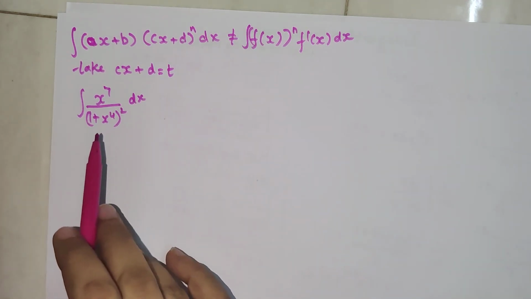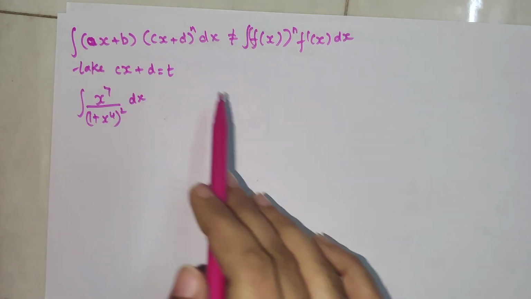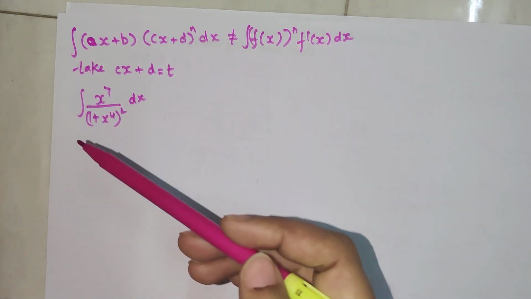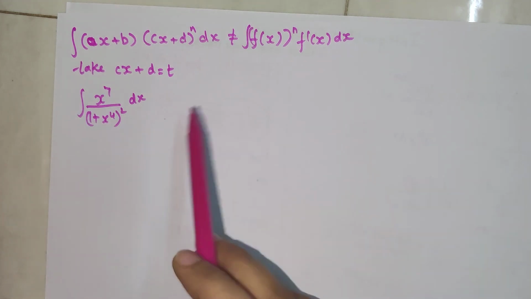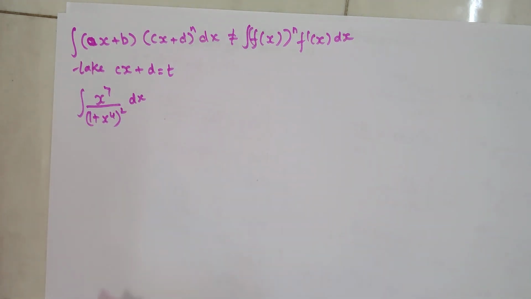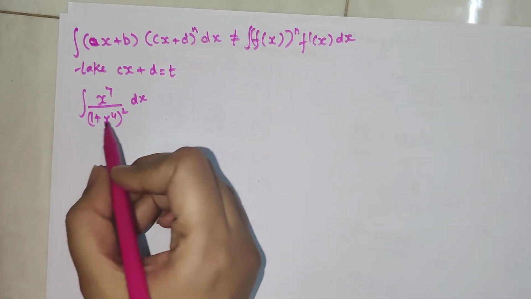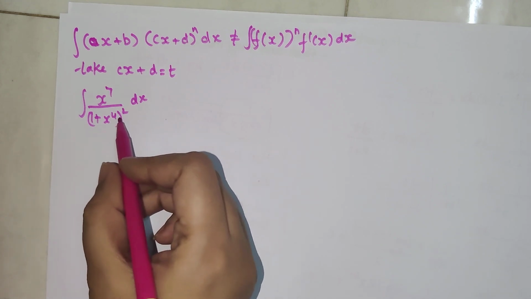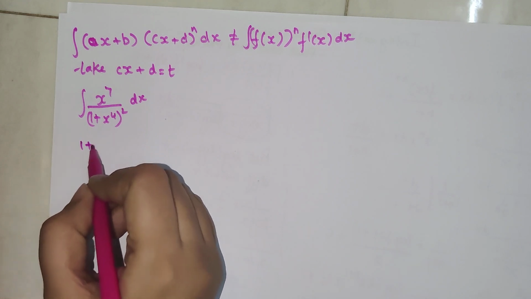So that is, why would we not expand the denominator and separate the numerator? You cannot do that. You can only do that if (1 plus x raised to 4) the whole square was there in your numerator, only then you can separate your numerator with your denominator, not the other way round. Okay, so now like I said, here we have (1 plus x raised to 4) the whole raised to 2, correct? So let's take that as your t.